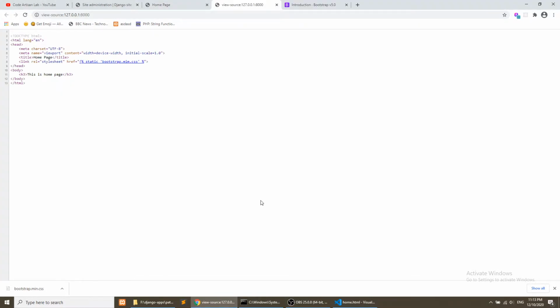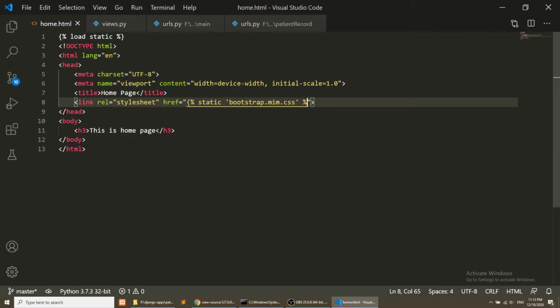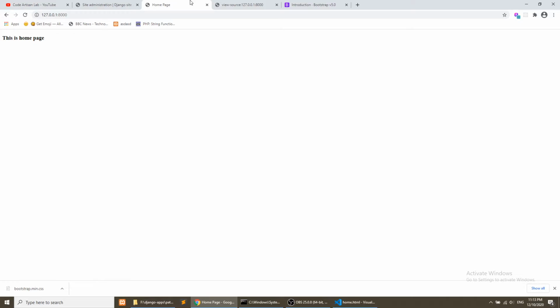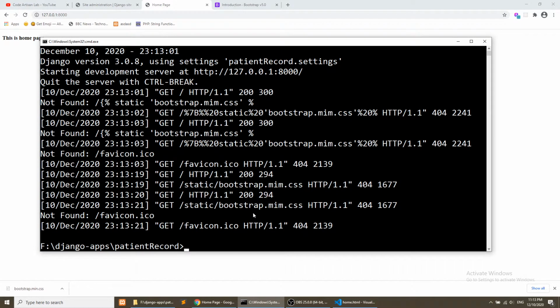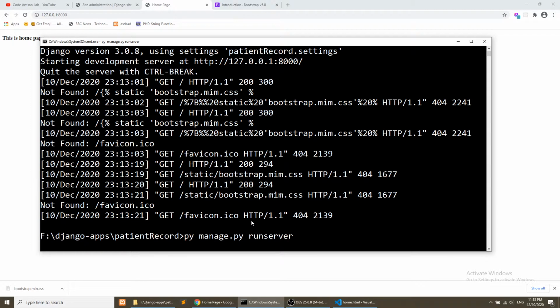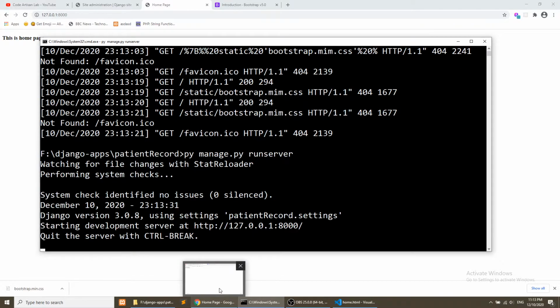So we have not enclosed the curly braces, which is why it is not showing any change. Now we will restart the server again. Let's refresh this.